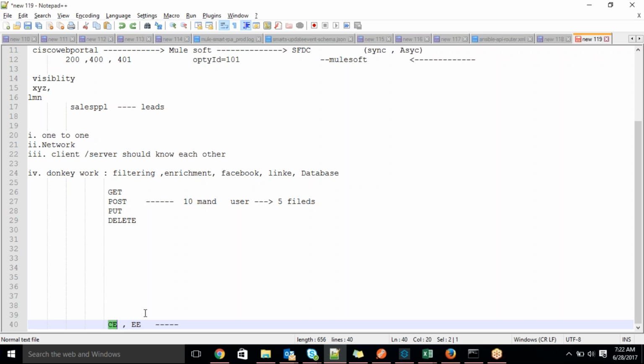Some connectors like Salesforce, HBase, Hadoop connector, these are enterprise connectors. They won't be supported in the community edition. So that time, MuleSoft provides a DevKit connector. Using the DevKit connector, we have to build a custom connector.